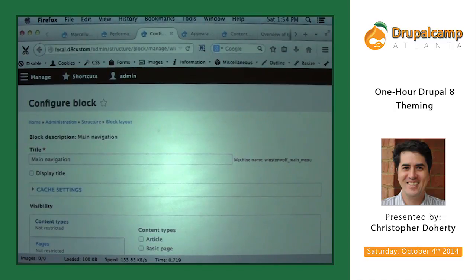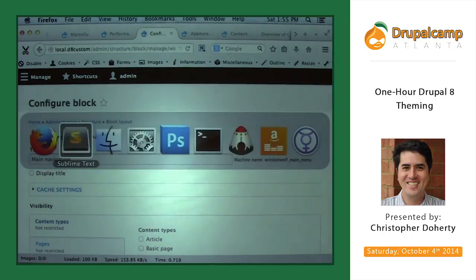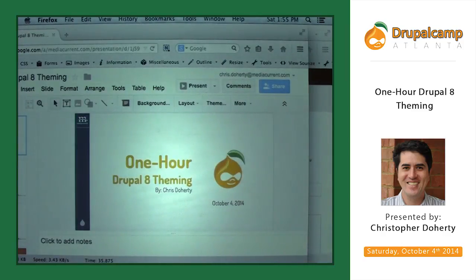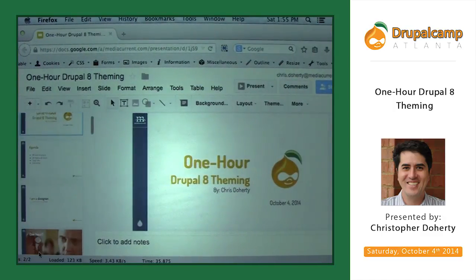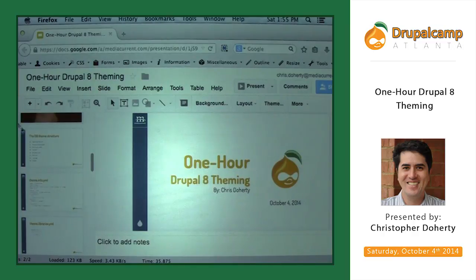Preprocessing is a big part of moving to Twig. You can't do any of that processing in the template file anymore. It's got to be preprocessed. Don't expect to be able to run PHP in the template at all, ever. So you can't even do an if? Well, basic things like the if and the loop, so you can iterate through things, are built into Twig, and he went over that a little bit. But as far as doing really impressive PHP things, don't count on that at all unless you can shove it into a preprocess.